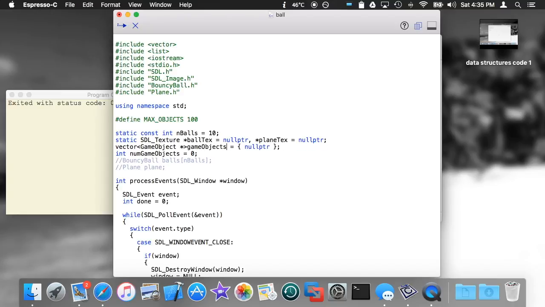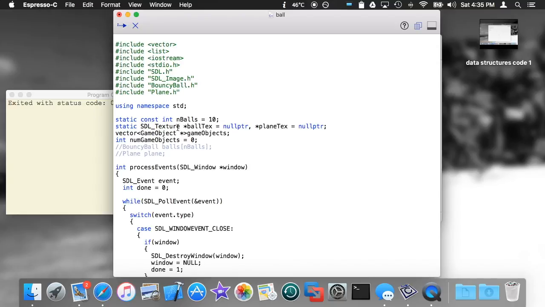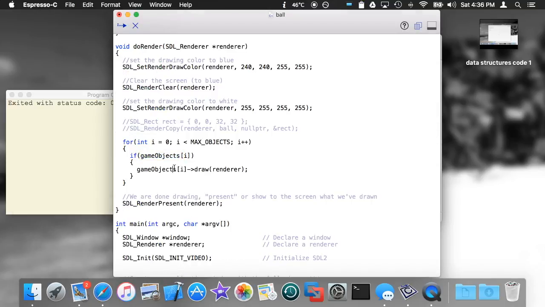We don't need this max objects anymore, and it starts out empty, not null. So max objects goes away. Everywhere that I was using GameObjects, I'm going to swap it out for this vector. So using our new syntax, instead of having to do any of this, I'm basically just going to say